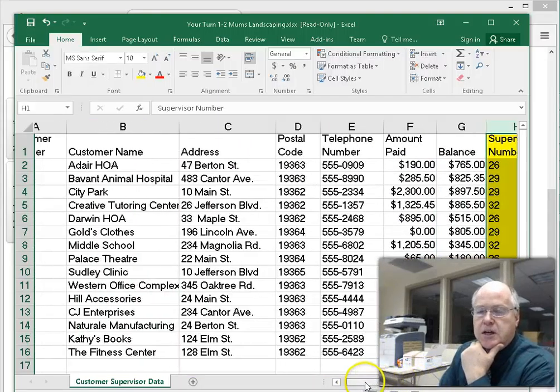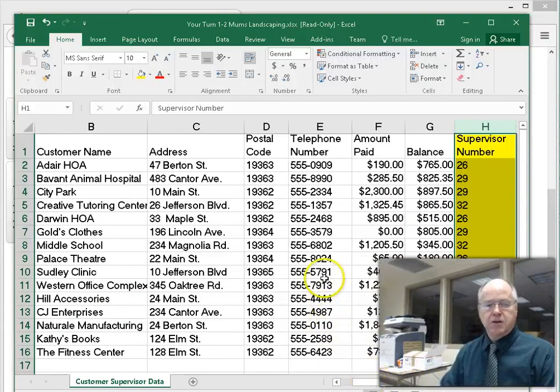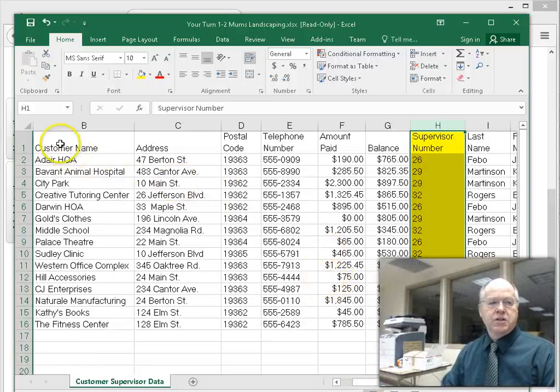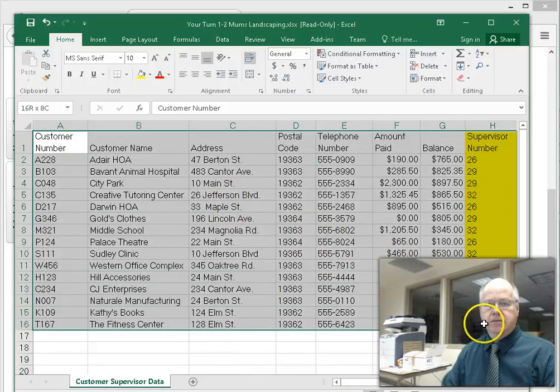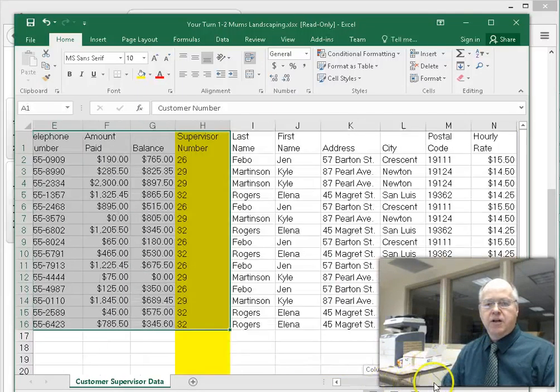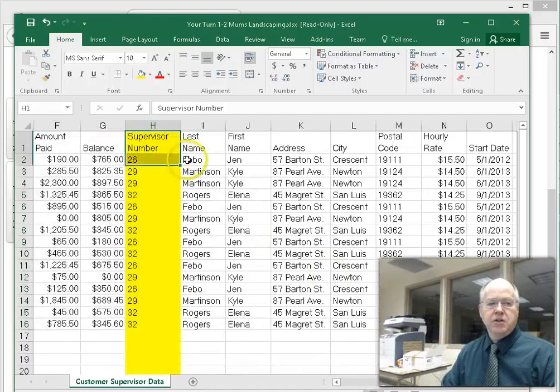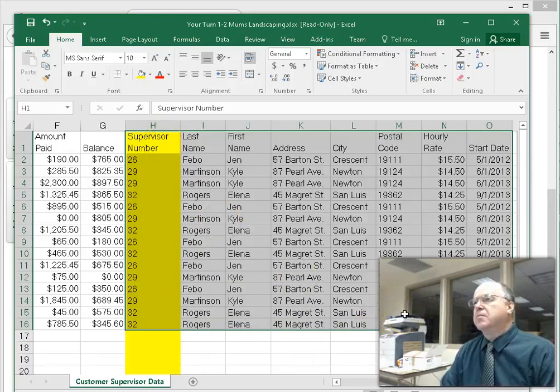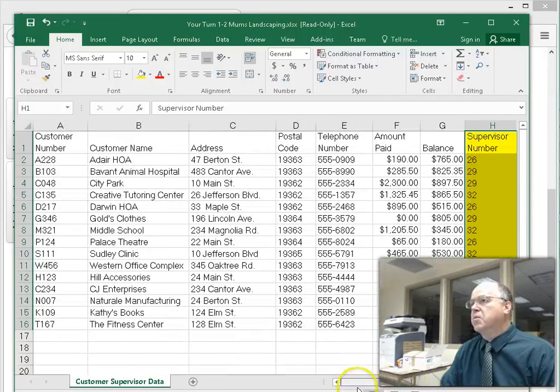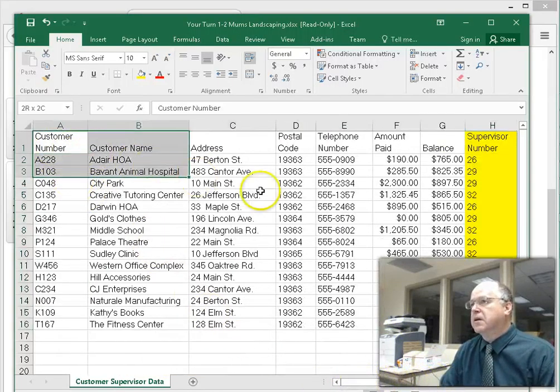What I'm going to do is, in the Excel file, I'm going to zoom out a little bit. We're going to import this information into one table, and we're going to import this information into another table, and see how we're going to have supervisor name in both tables. But we're going to massage the data first by just getting what goes in one table in one